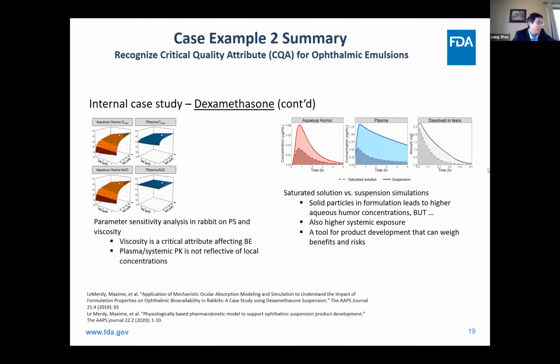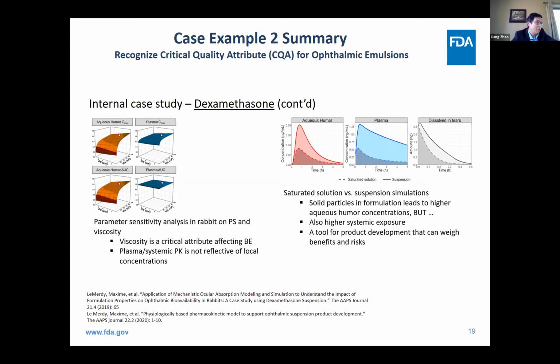Yeah, thank you. In order to identify the critical quality attributes for ophthalmic suspensions, parameter sensitivity analysis was performed using the verified dex ocular PBPK model. The impact of a drug product strength, particle size, and viscosity on in vivo ocular exposure for ophthalmic suspensions in rabbits was investigated. The parameter sensitivity analysis demonstrated